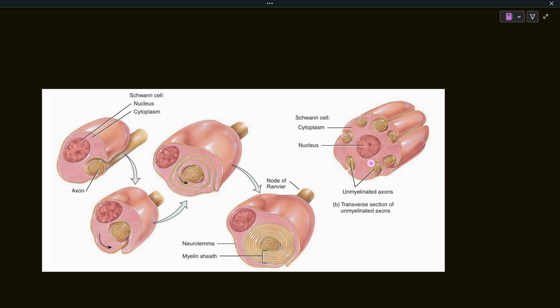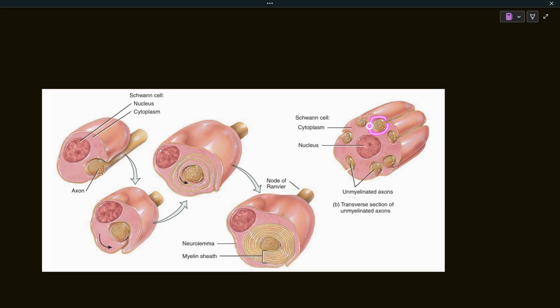So in the case of unmyelinated neurons, a single Schwann cell can wrap multiple axons. But the difference is that only a single layer of plasma membrane surrounds the axon. So this is a myelinated neuron, while this is an unmyelinated neuron. Okay, so this is a myelinated axon and this is an unmyelinated axon. So here you can see these are the axons 1, 2, 3, 4, 5, 6. So these are the axons of different neurons, and